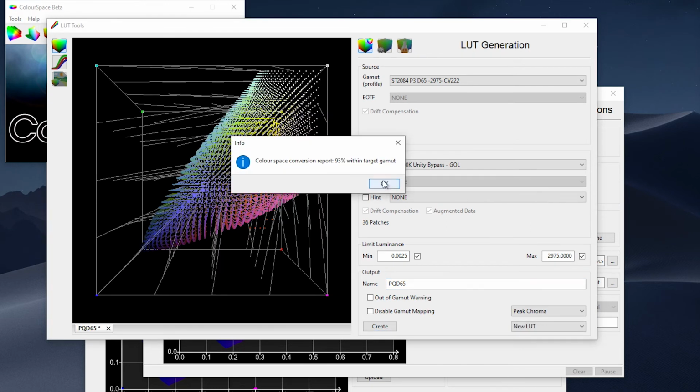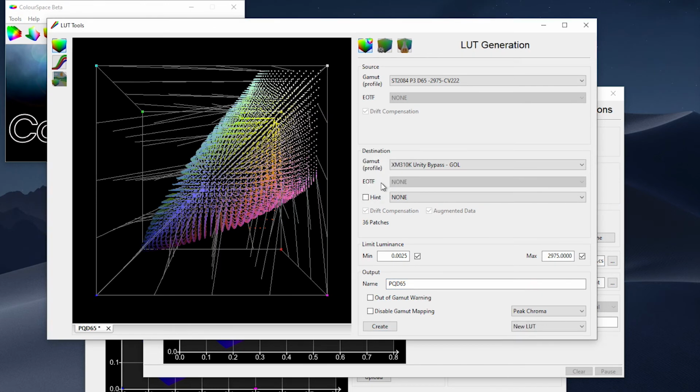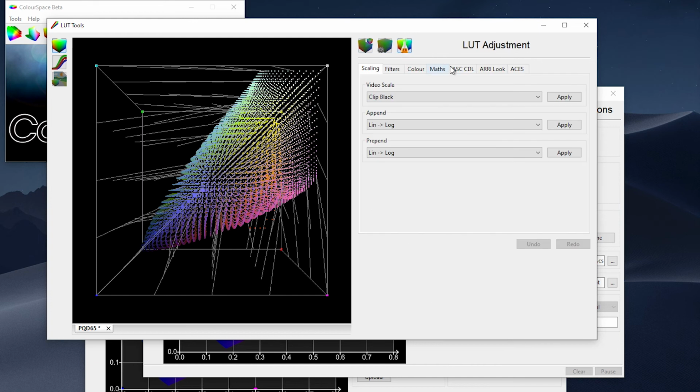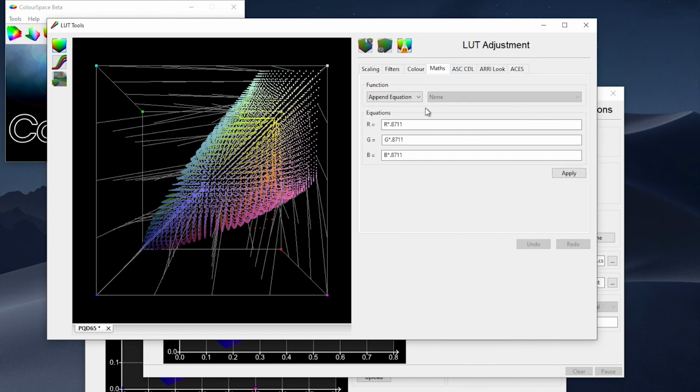Once generated, we need to complete one more important step. We need to click on the Adjust LUT button, then the Maths tab, and here we want to apply the inverse scale of our limit range operation. So our code value selection was 222, and because we start the test patch generation from 0, we would want to divide 223 by 256 to get our scaling factor of